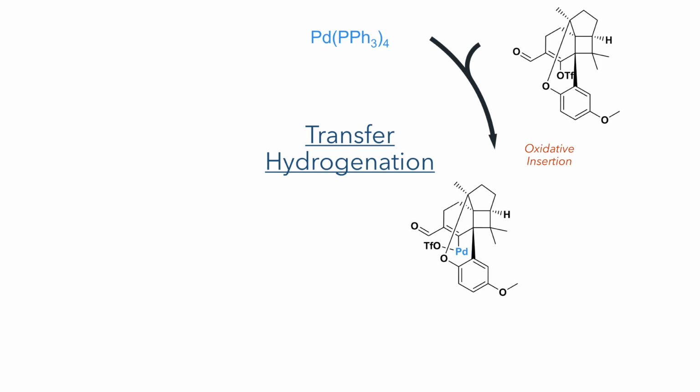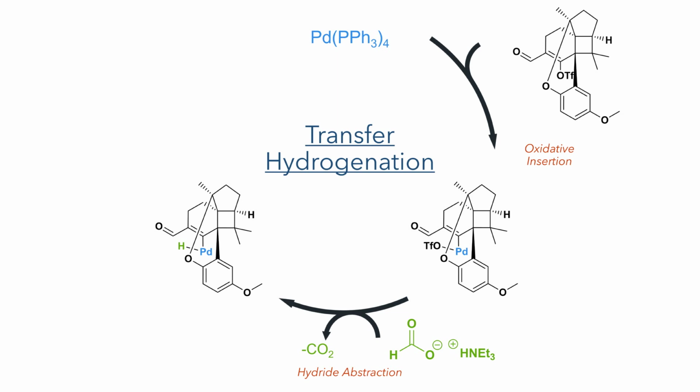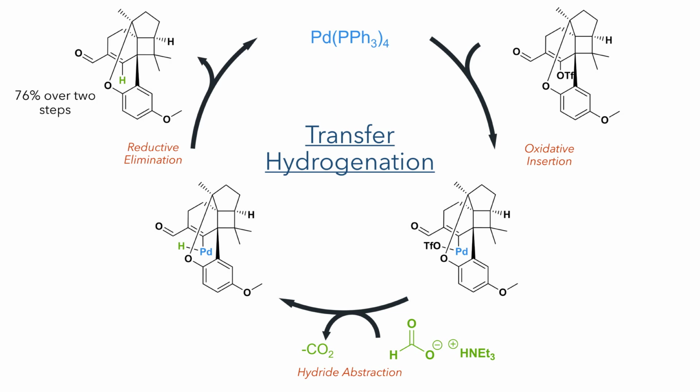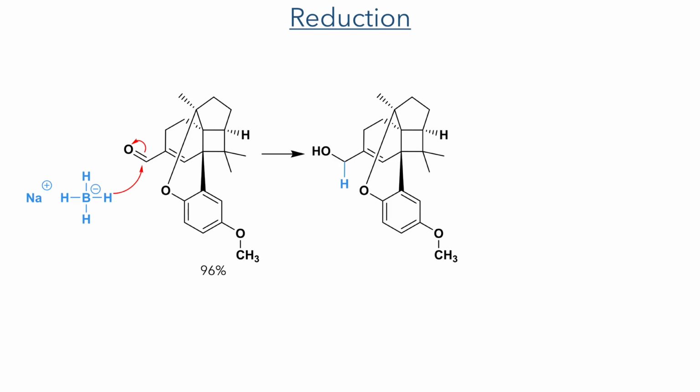As we saw in the Catellani reaction, palladium first undergoes an oxidative addition into the carbon-oxygen bond. However, in this case, the palladium was then reacted with formate, which abstracts a hydride together with the elimination of carbon dioxide. The resulting palladium hydride species then undergoes a reductive elimination, forming the target compound in a 76% yield over 2 steps. With this aldehyde now installed, the only transformation that remained was the removal of the methyl group,